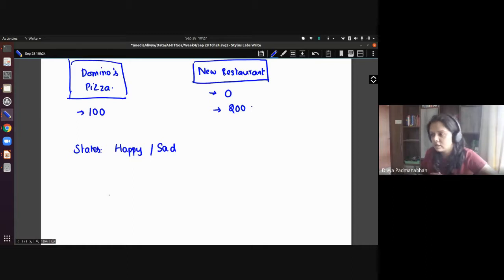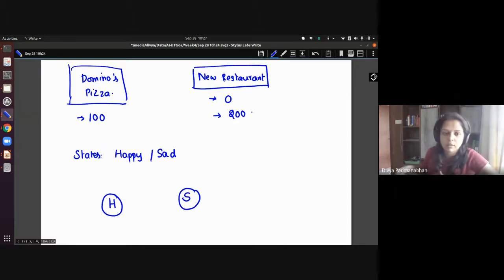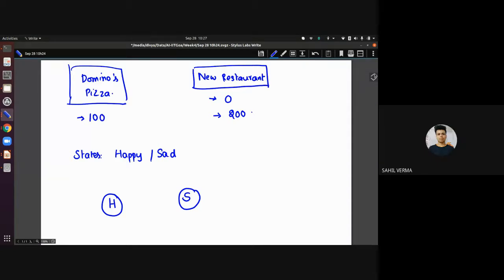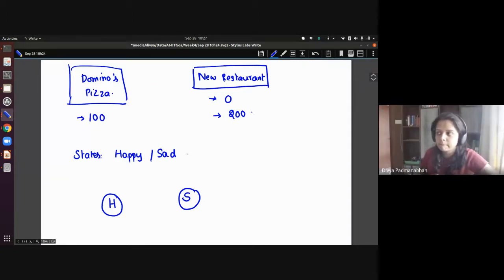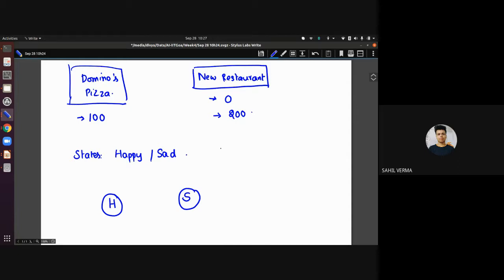Let's just try to write this like an MDP, like how we did. So there are two states here, happy and sad. And what are the actions possible here? You get the setting, right? What the two things are? Yes, ma'am. So what are the actions now? If you are happy and if you take Domino's pizza, then you will again land up in happy state. Yes, exactly.